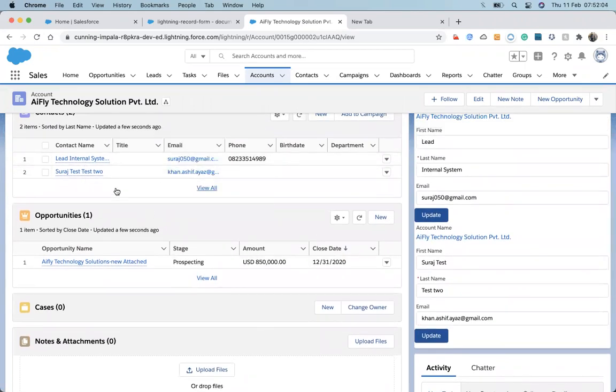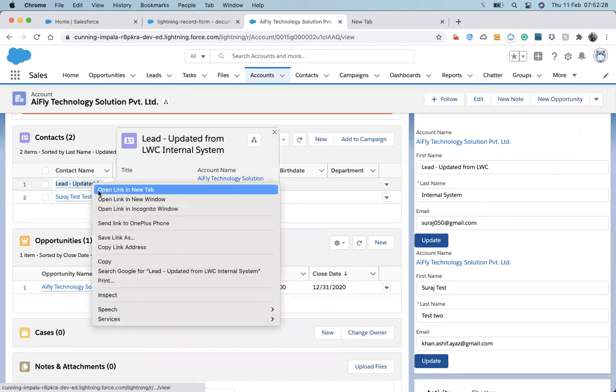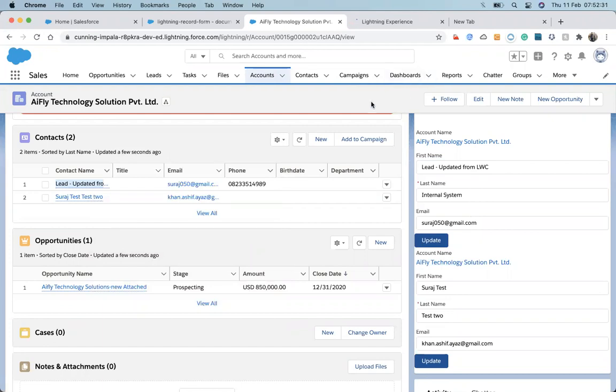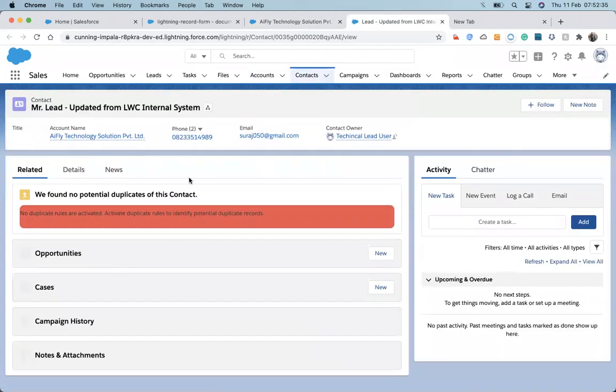We can use whichever of the two contacts, you can see that it's also coming up here, and we can make changes and it will reflect up here, just like that. Suppose I hit update, it will not, because we haven't handled handle success, we haven't done those things, so it's not showing up here. Let's open this record and it will show. No, I think it's updated. Whenever I'm making changes, it's reflected up here.